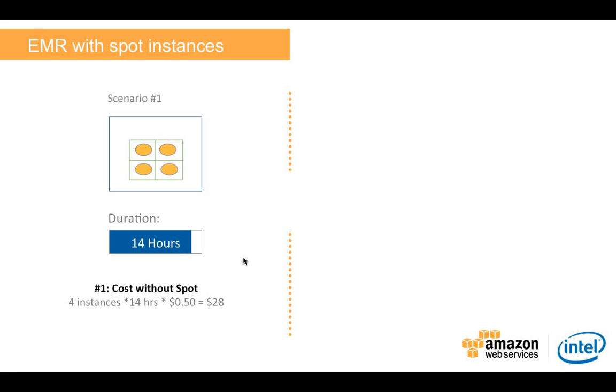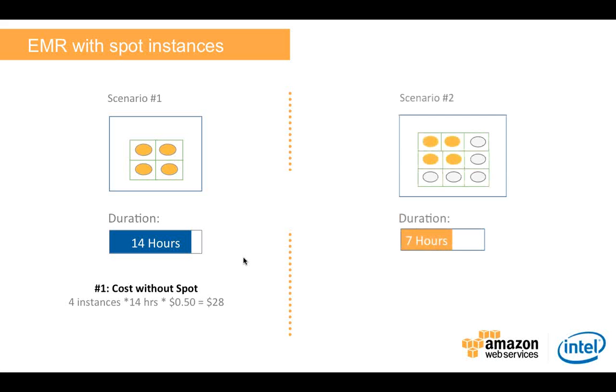Let's say in this scenario we've got a 4-node cluster, and the duration of our job is 14 hours, for example. So the cost of that would be 4 instances times the 14 hours that they're running, and let's say those instances are 50 cents an hour. That's going to cost us $28 to run. Now if we then go to scenario 2, where we keep our original 4 but we add 5 spot instances